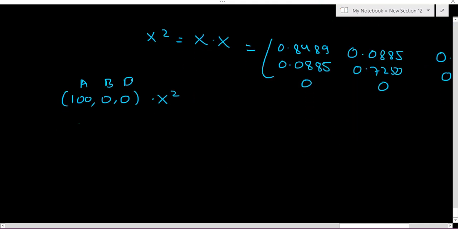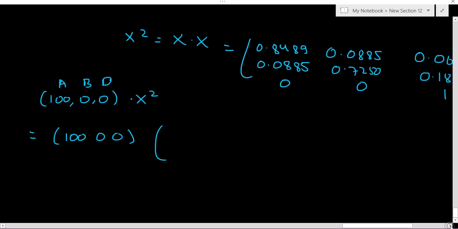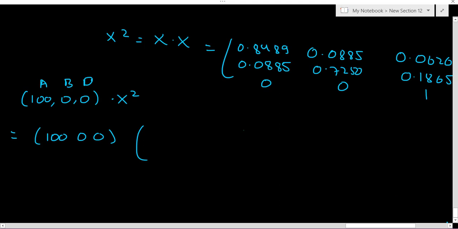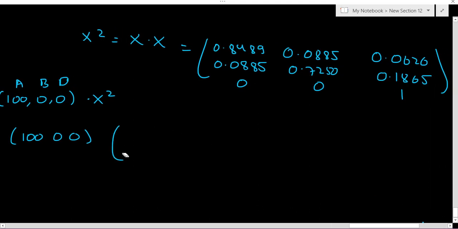So I can multiply it with X square, so that would become 100, 0, 0, and this will be multiplied with this entire matrix X square, which is right here, and you just need the third column of it. I'm just writing X square here, and you would just need the proportion of companies which have defaulted. So I can just avoid writing the first two values, and the third one would be equal to, if I see,